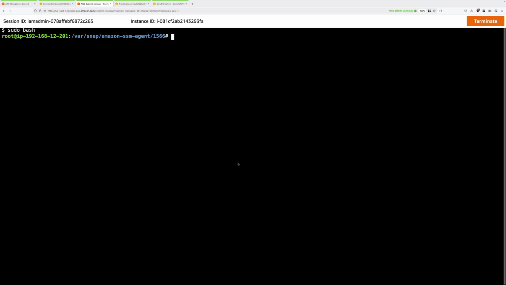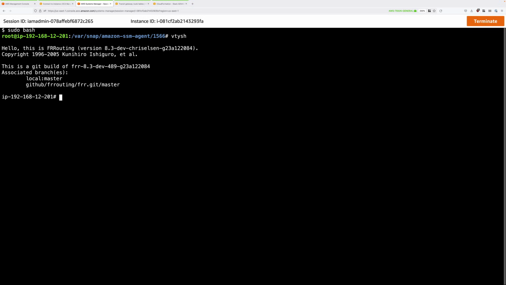Now, in order to configure FRRouting's BGP capability, we need to go into the shell that's used to configure that product. And in order to do that, we need to type vtysh and press enter. Now, for anyone with any networking experience, the rest of the commands might seem familiar. So first we'll type conf -t, which puts us into configuration mode. Next we'll type frr defaults traditional and press enter.